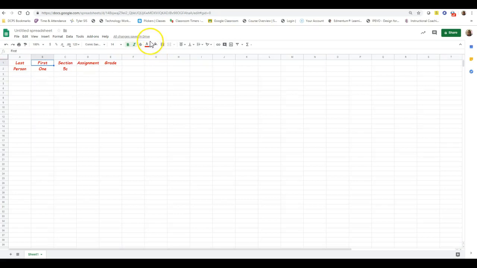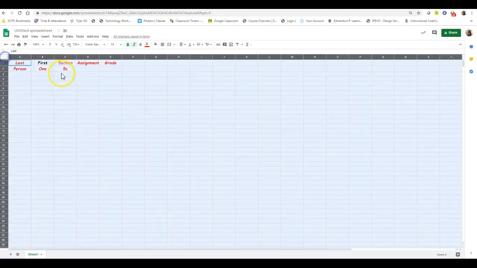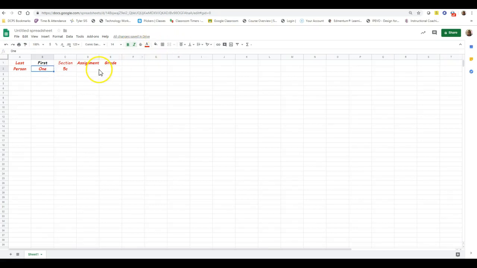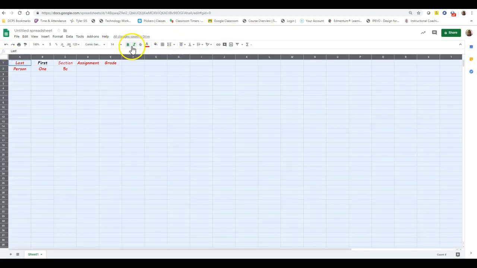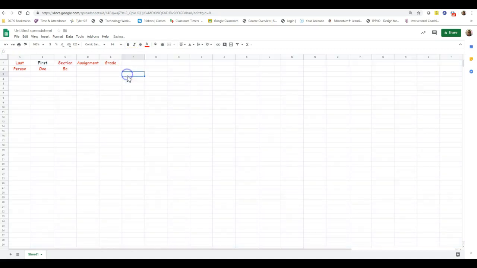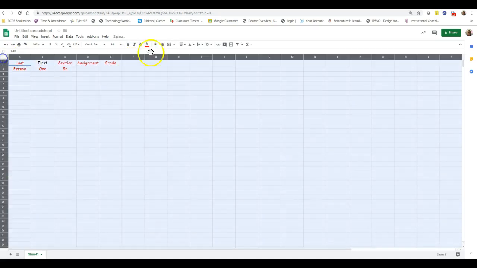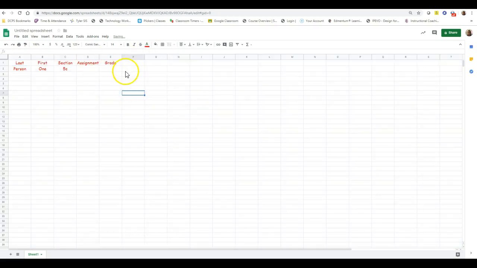And you can also do it one cell at a time. So let's say you want first to be black. You can click on that and it will change that one. Maybe you don't want this bolded. Okay, so if you click here, it will highlight the whole sheet, or you can click on individual cells and make changes. So let's make this all uniform. And I want it all to be red. And choose the color. Now, I can say the assignment, and we've used one and only